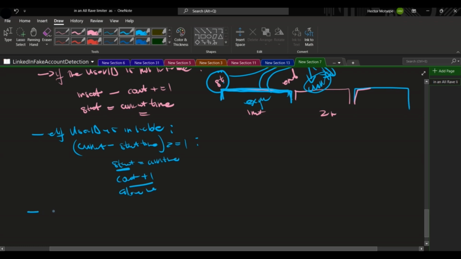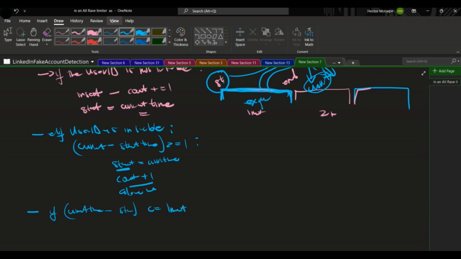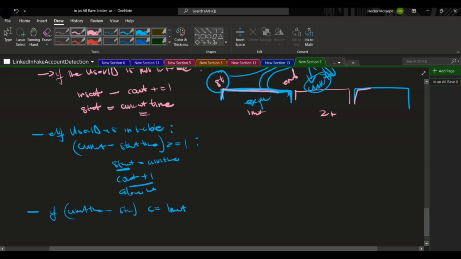Another situation will be if their current time minus start time is less than or equal to 1 minute. Which means that now they're within this window. So what we want to do is check the number of requests that they have made in this window, because we said we'd only take 3 in the window. So we'll ask if their count is less than 3. If it is, then we just say